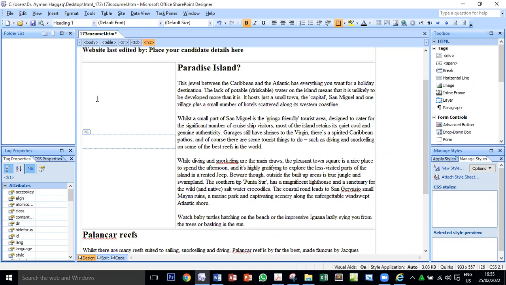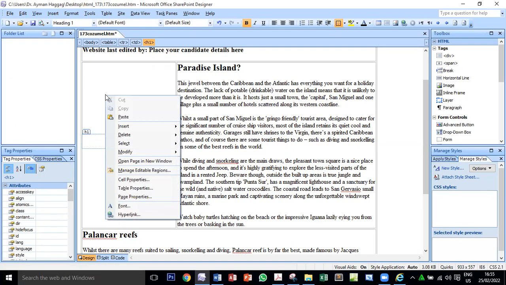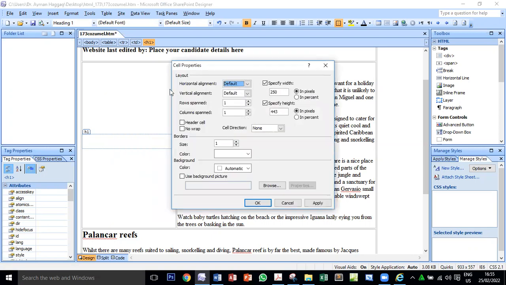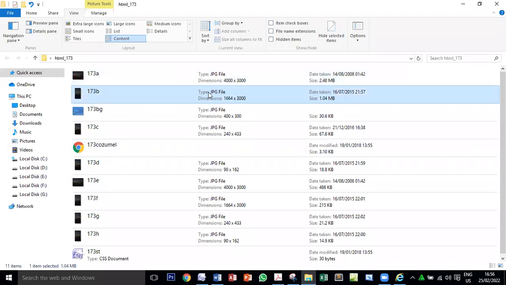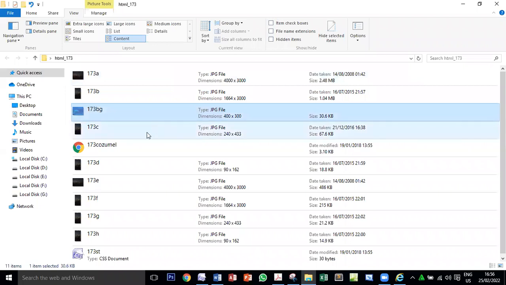Just go to this cell, right click, cell properties, right click cell properties. This cell is 250 pixels wide and 443 high. The width 250 and the height is 443. Let us look for a match. This one is too big. This one is also too big. We don't consider this. I think this one,